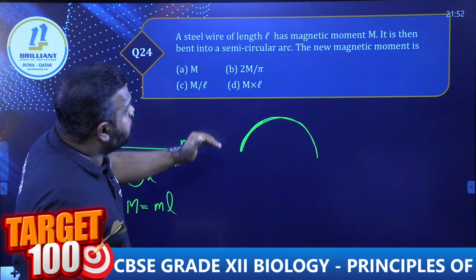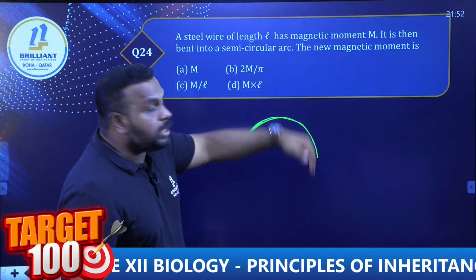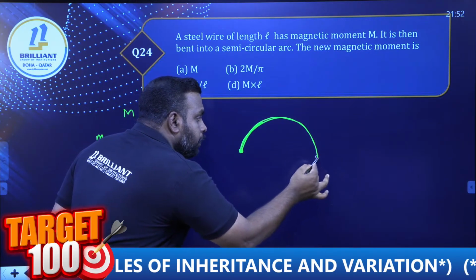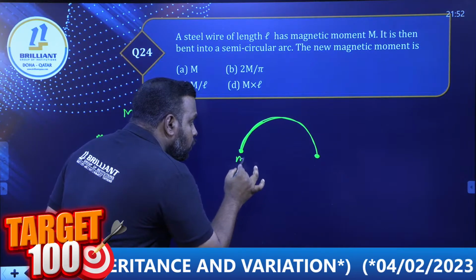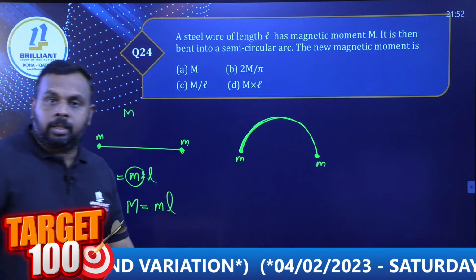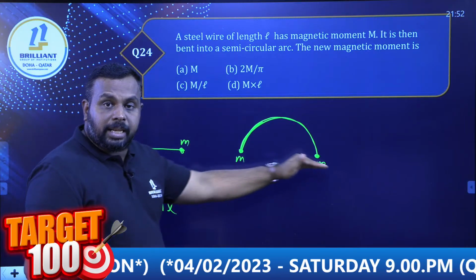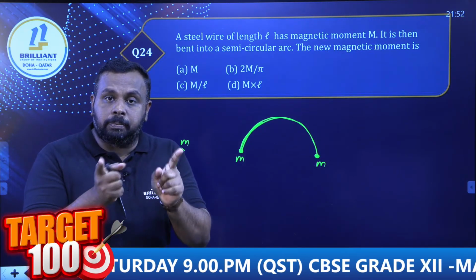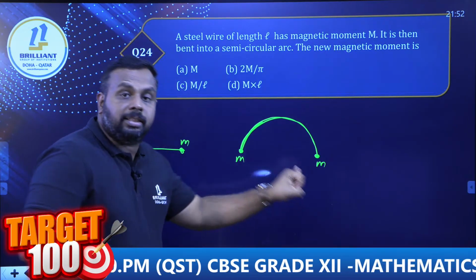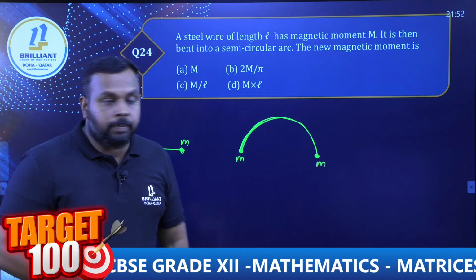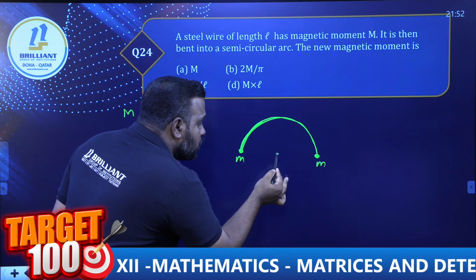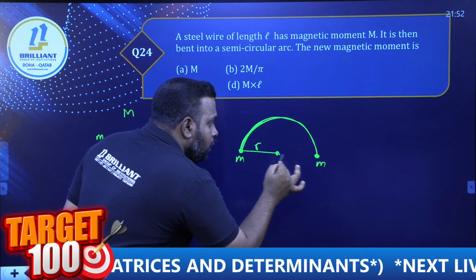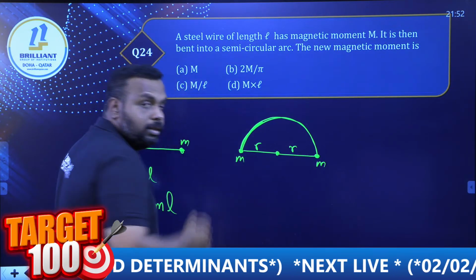Now what they are doing is, it is then bent into a semicircular arc. So it is the same magnet only. That means where are the two poles? This is one pole. This is the other pole. We have to find its magnetic moment. Again, what is the formula for magnetic moment? It is the product of pole strength and distance between the poles. So what is the distance between these two poles now? It is a semicircle. So if you are taking R as the radius, we can see that the distance is